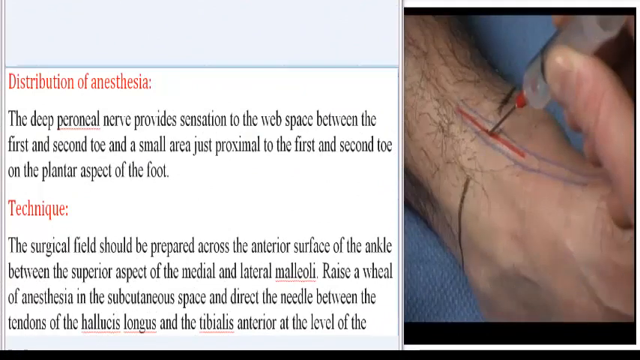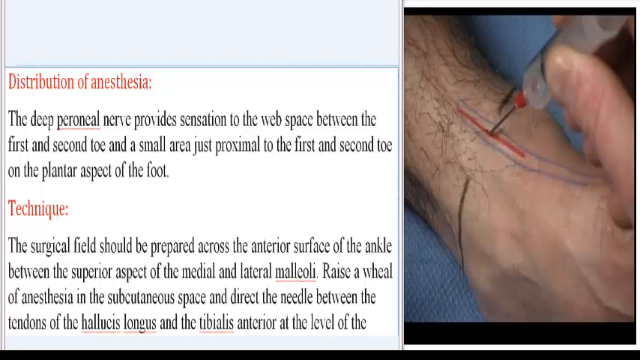Distribution of anesthesia. The deep peroneal nerve provides sensation to the web space between the first and second toe and a small area just proximal to the first and second toe on the plantar aspect of the foot. Technique. The surgical field should be prepared across the anterior surface of the ankle between the superior aspect of the